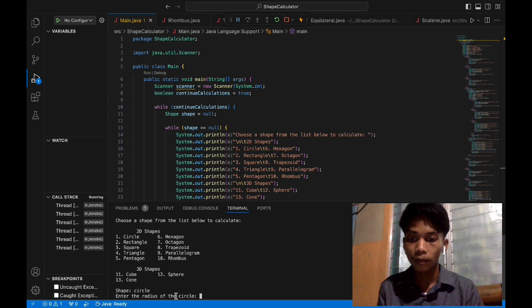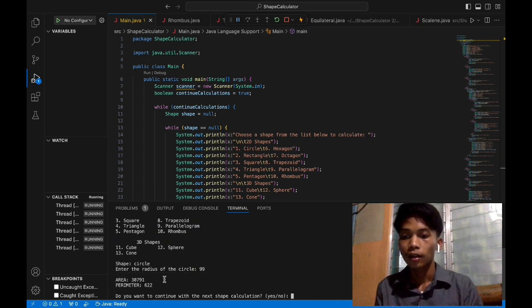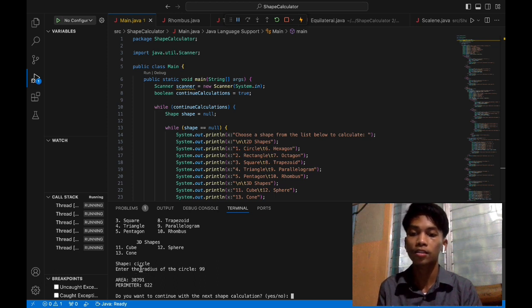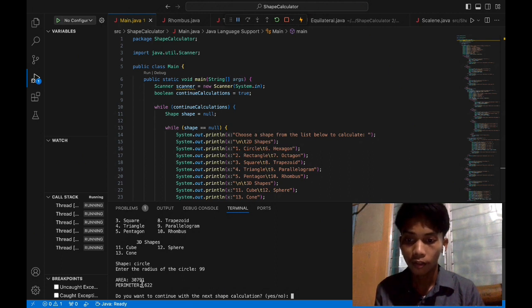The program will output the area and perimeter. The area calculated for the circle is 3,791 and the perimeter is 622. We rounded off these numbers so that there are not too many digits.